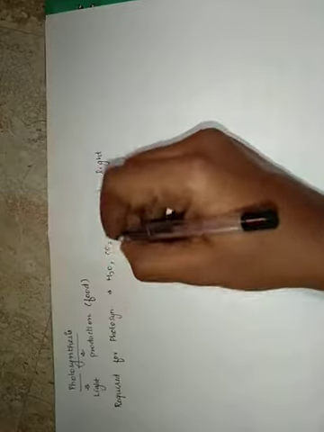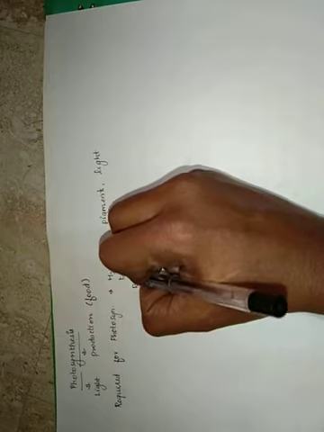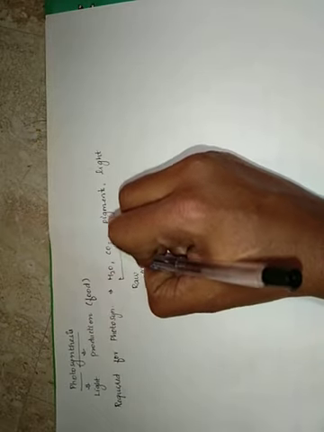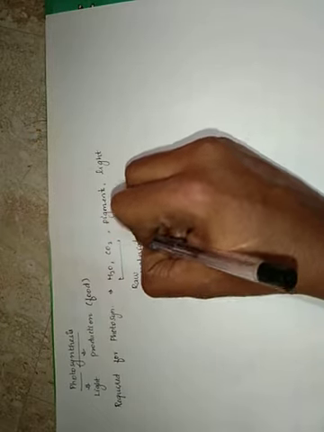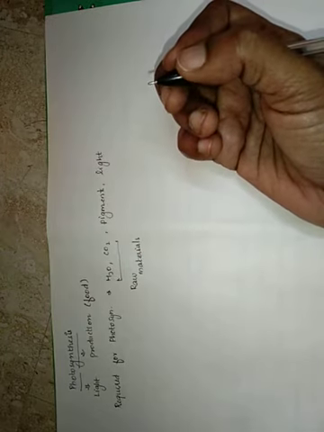Among these four requirements, water and carbon dioxide are considered to be the raw materials, which are consumed by the plants as they are. That is, water is taken up as water itself, and carbon dioxide is taken in as carbon dioxide itself. And we'll see what the pigments are and how they are required and where they are present,